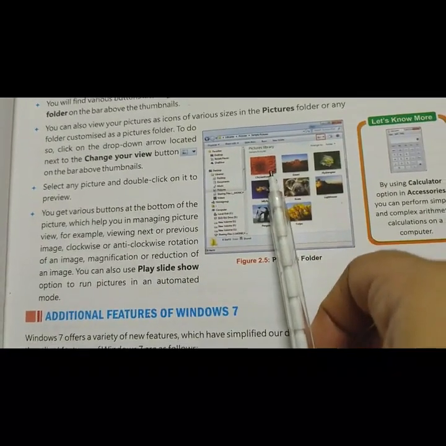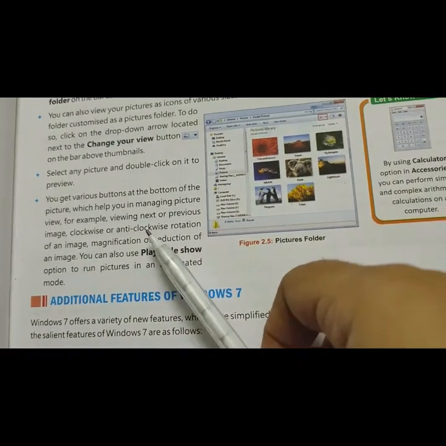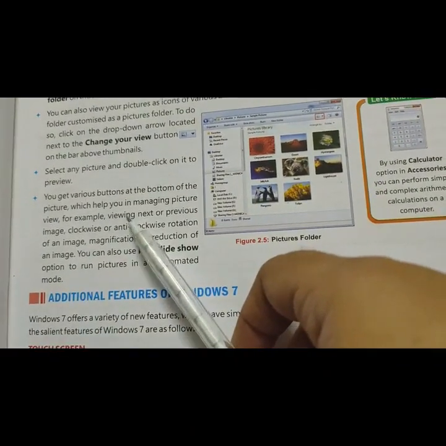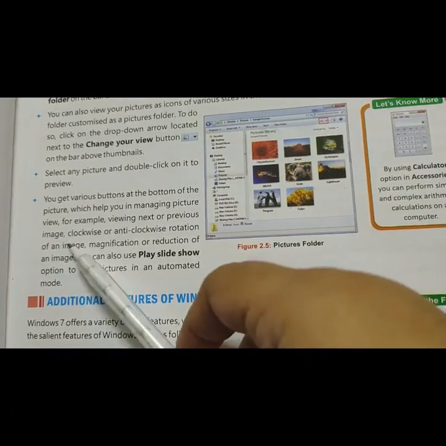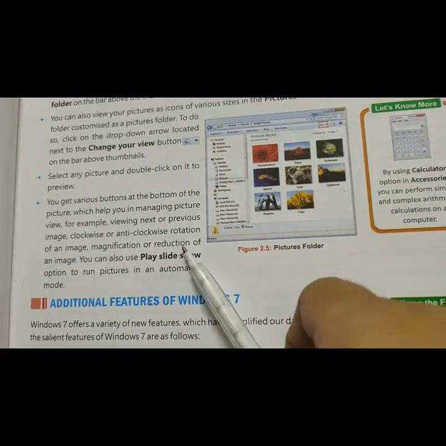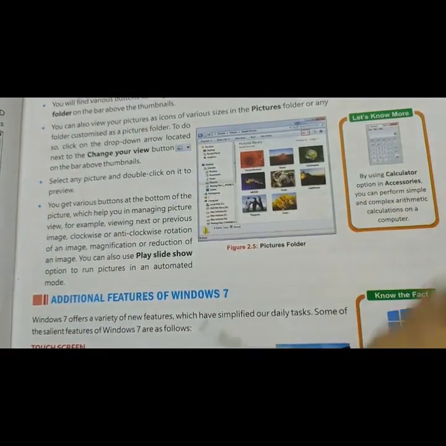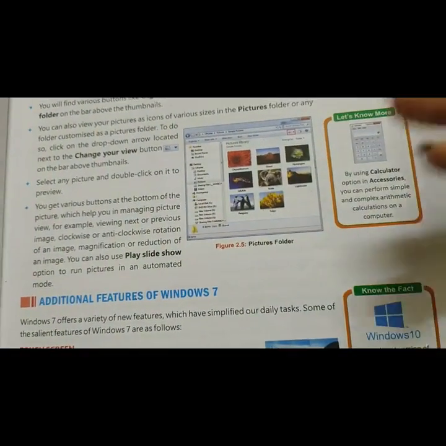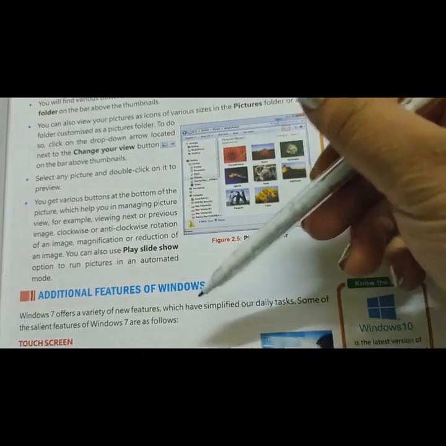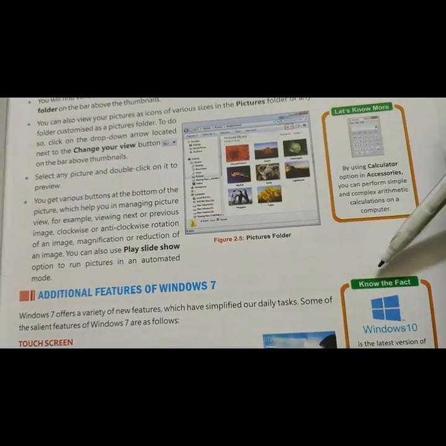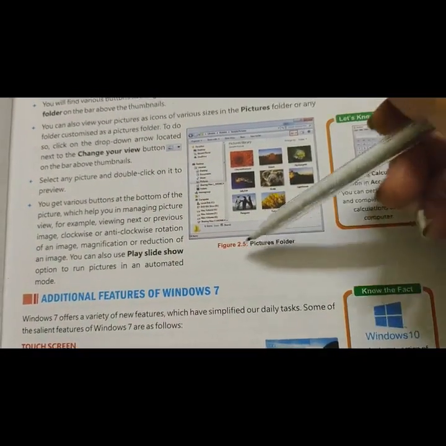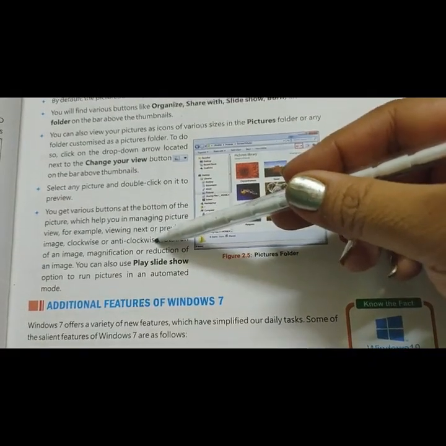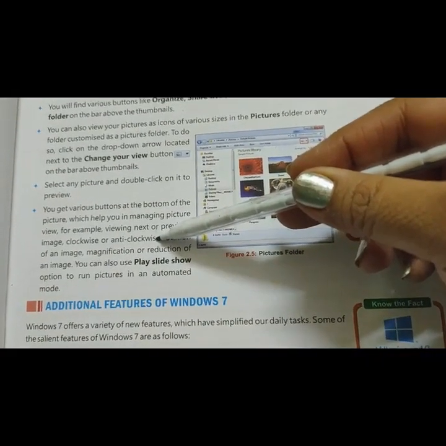When you double click on any image, there will be all the options: viewing next, previous images, clockwise, anti-clockwise. When the image appears in a big manner, all these options are seen at the bottom of the image. You can change the rotation of your image, anti-clockwise or clockwise.